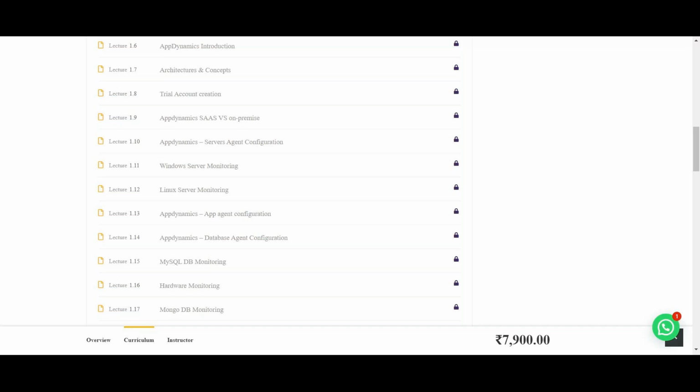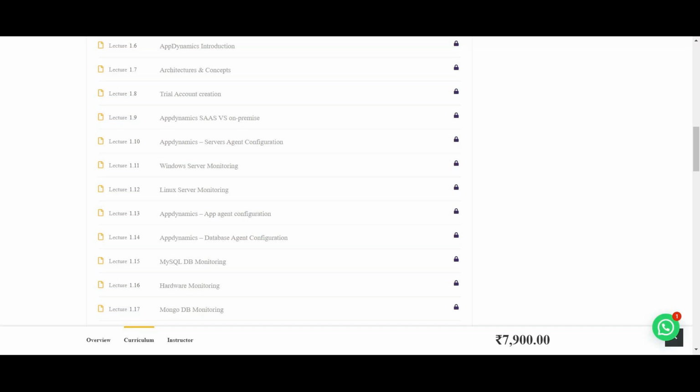When you want to monitor any application, the application might have the app server layer as well as the DB server layer. So this APM tool helps you provide a holistic picture: what is happening in your app layer as well as in your DB layer. So when you put app agent configuration in your application host,